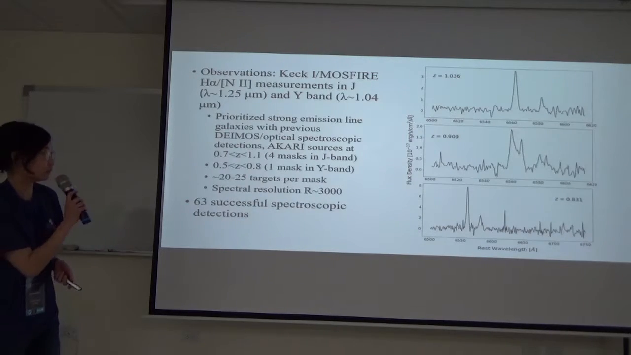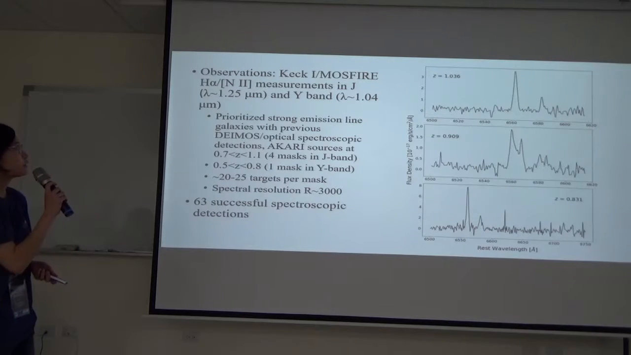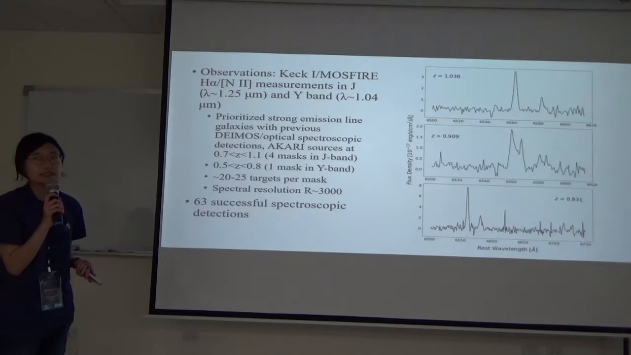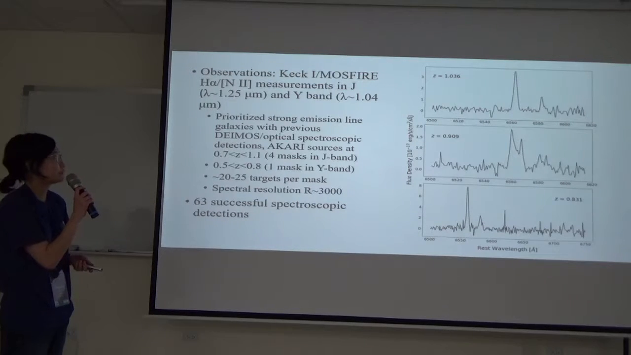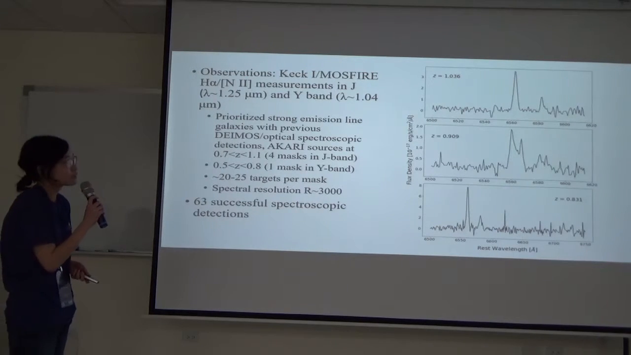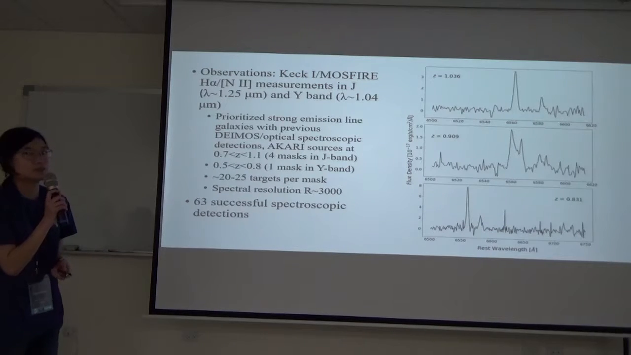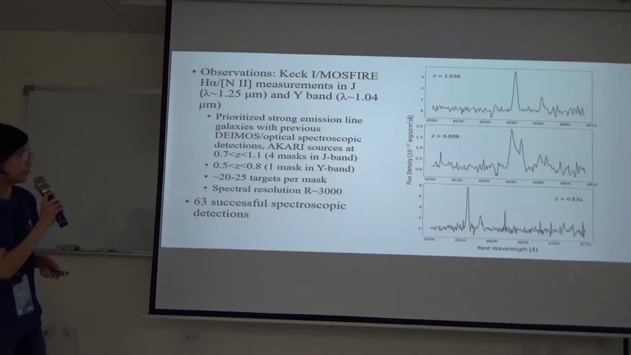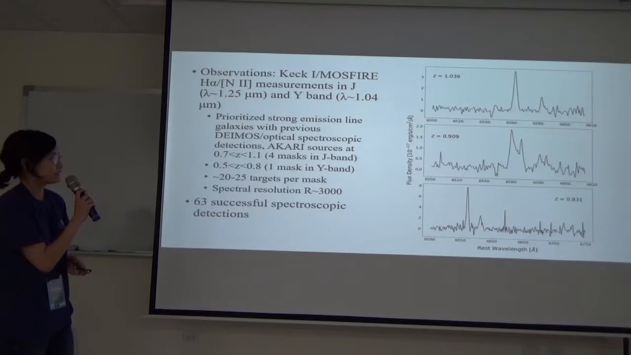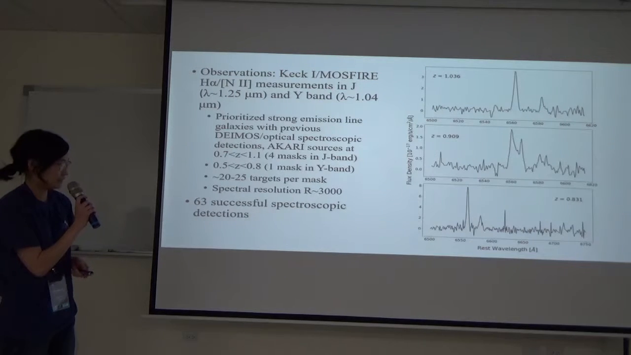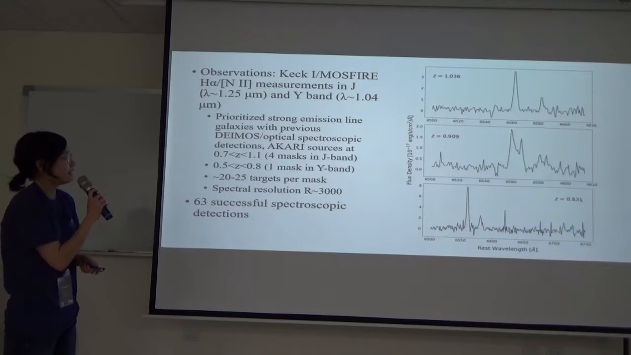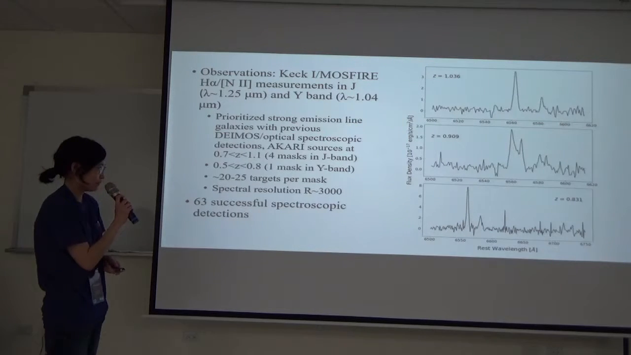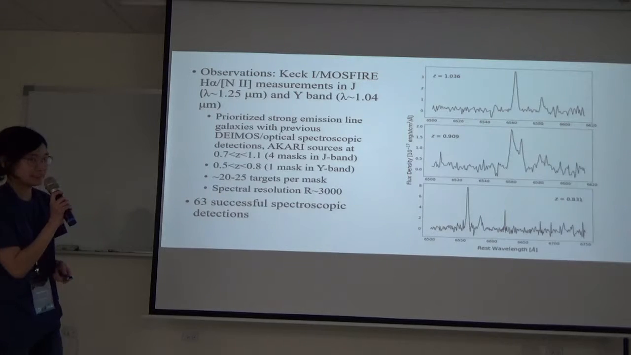Okay, so first I'll give a brief overview of our observations. Our goal was to make measurements of H-alpha and N2 lines, and we did this by observing in the J and Y bands. We prioritized strong emission-line galaxies that had previous data from DEIMOS or other spectroscopic observations, and AKARI sources at redshifts about 0.7 to 1.1. We also had one mask with the Y band where we observed lower redshift galaxies of 0.5 to 0.8. Out of the 5 masks that we observed, we found 63